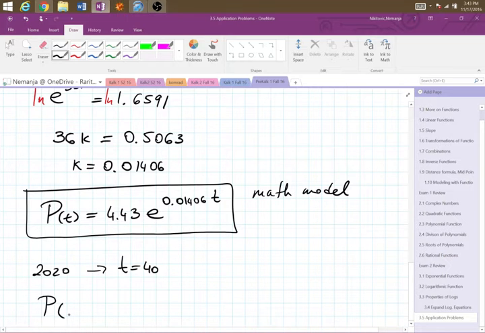But P for 2020 is going to be 4.43 times E raised to the 0.01406 times 40. With the proper use of parentheses, you should have this in no time, as they would say. I don't know what that means. No time sounds stupid, but